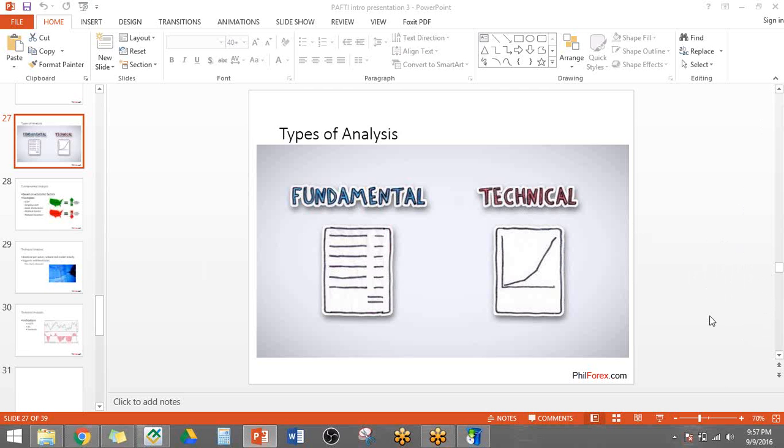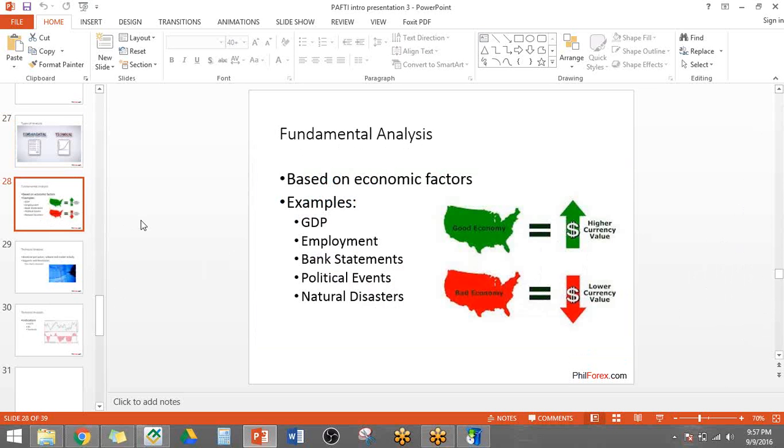So anyway, continuing on. All right, so there are basically two types of analysis that we can do in the market. You have technical analysis, and then you have fundamental analysis. Now, let's start with fundamental analysis. Fundamental analysis is like what we mentioned in the previous webinar. It's basing your trades on economic factors. Basically, what's happening in the country